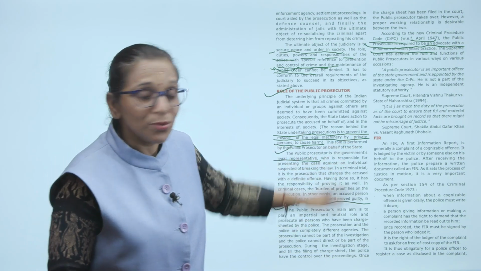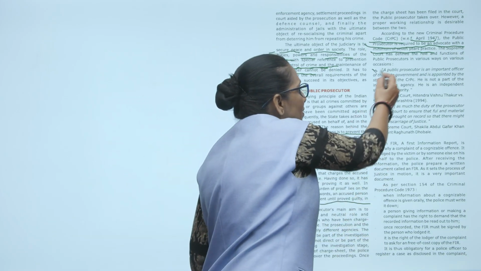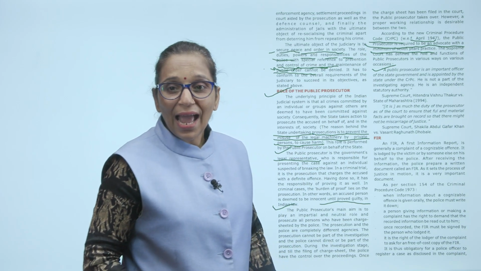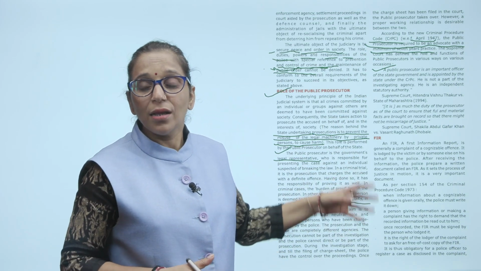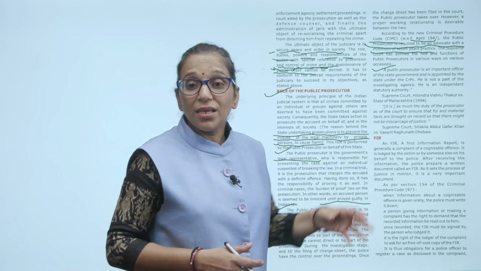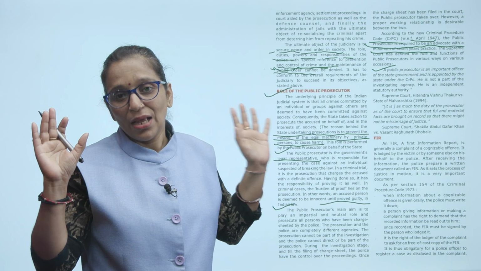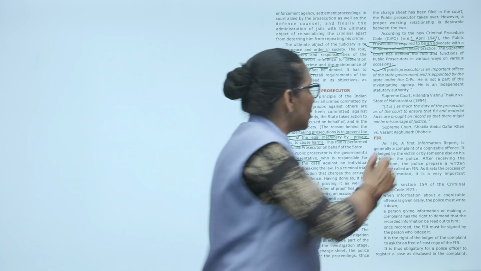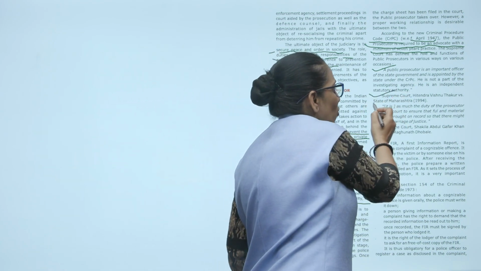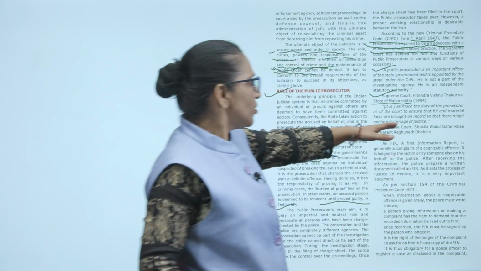The public prosecutor is an important officer for the state government, appointed by the state under the CrPC. He is not a part of any investigation agency. He is an independent, neutral, impartial statutory authority. So, Supreme Court, Hitendra Vishnu Thakur versus State of Maharashtra: it is as much the duty of the prosecutor as of the